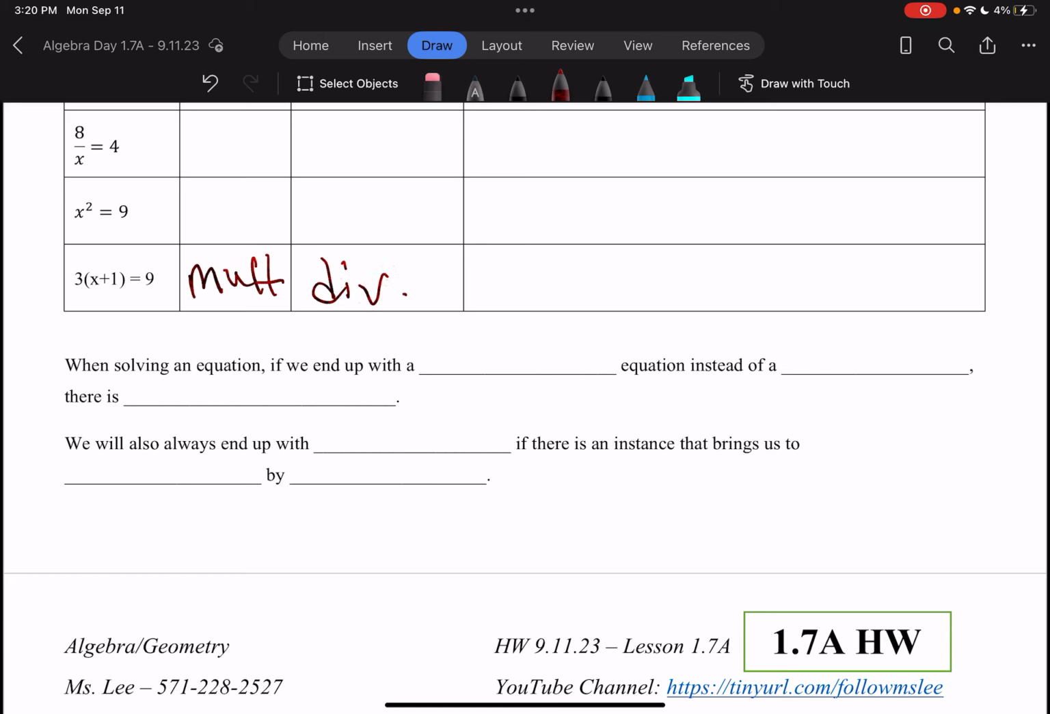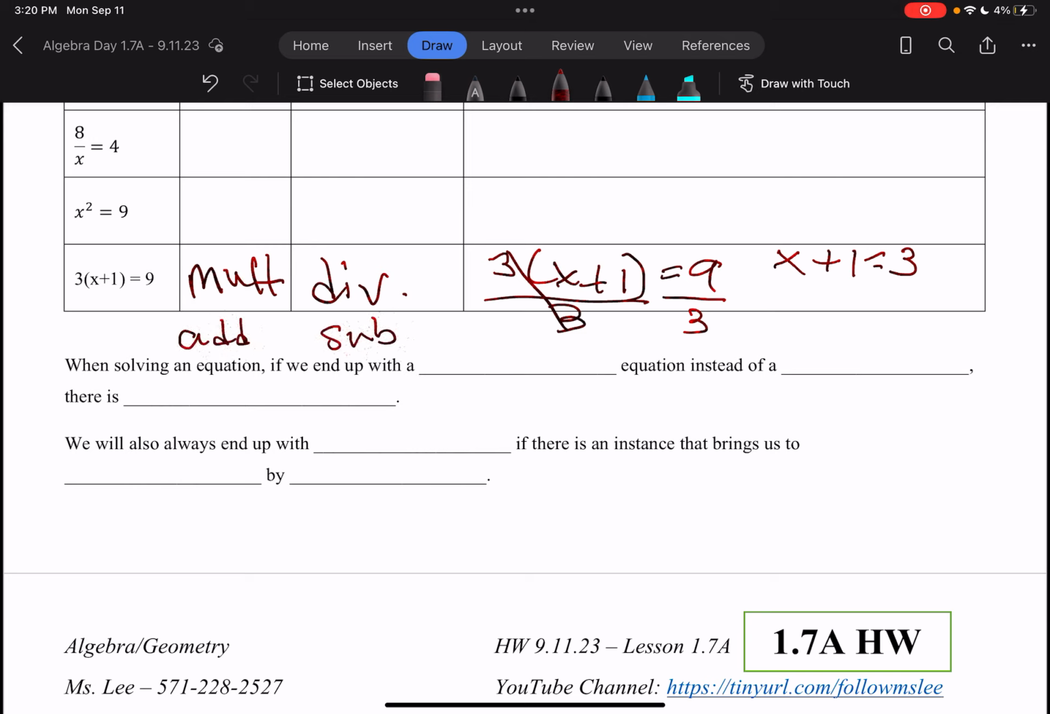And so then the opposite is going to be division. So the best way for us to do this is to have our 3 times x plus 1 equals 9, and then we're going to start by dividing by that 3. So we'll go ahead and divide by 3, and we'll end up with x plus 1 equals 3. Now what's nice about this is we see that there's another operation here, which is addition,